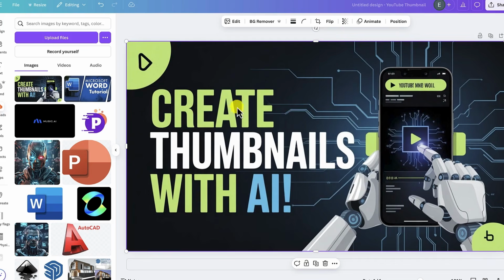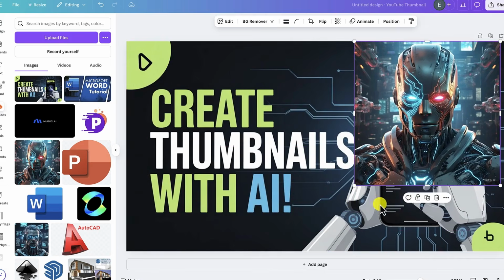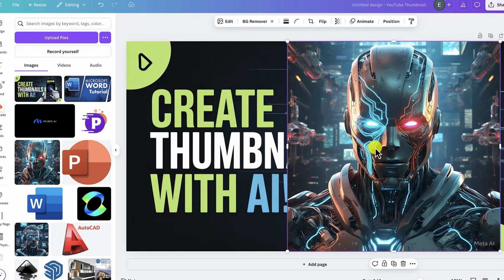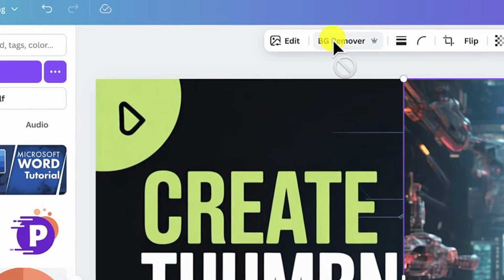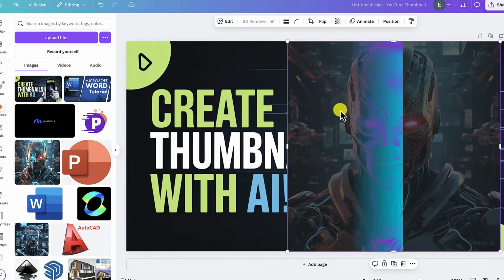Now, if you want to add a picture or image of anything, you can, for example, add the image of this AI, of this robot. You can add it if you're interested, but usually you can make it bigger, and then probably you can remove the background, and you can remove background like this from here. Even though this is a pro account, you can select the BG remover and it will remove the background, or